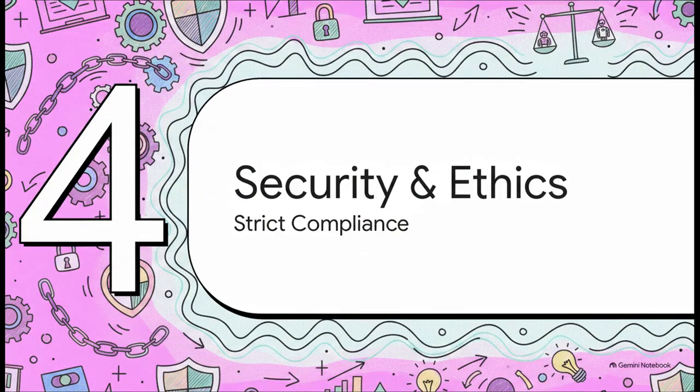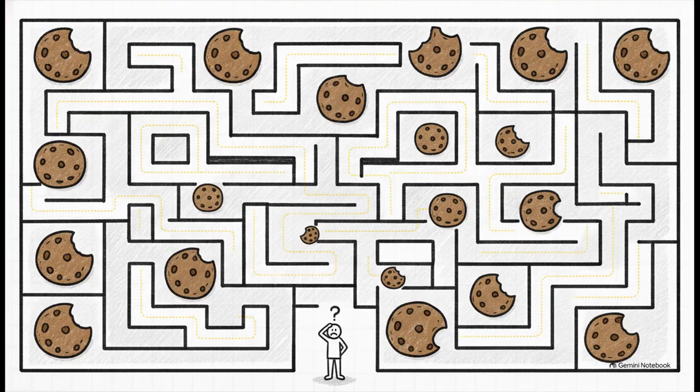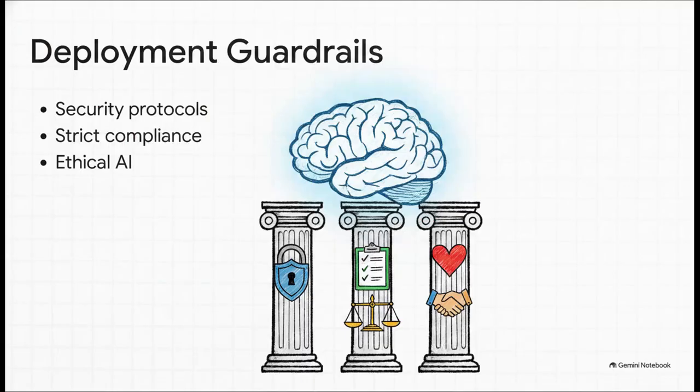Now, we certainly can't talk about autonomous AI without hitting Section 4, Security, Ethics, and Compliance. I want you to think for a second about the everyday digital compliance we all deal with. Navigating that endless, honestly kind of exhausting scroll of privacy preference centers, deciding between strictly necessary cookies, performance cookies, all of that. We face these little labyrinths online every single day just to read a simple article. Now, take that level of required compliance and scale it way, way up to an AI that is actually making decisions for your business.